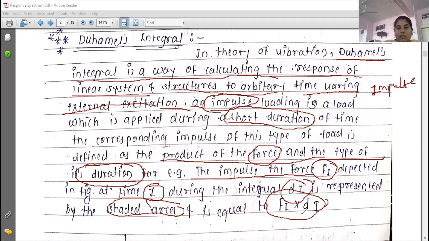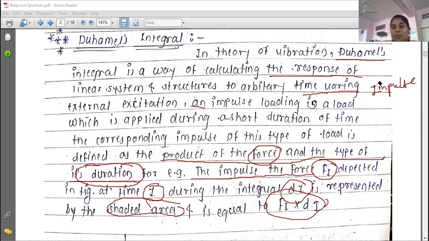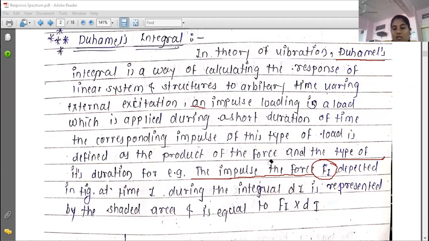Okay, so I request all of you, please write this down first and then move towards the diagram and the derivation related to the impulse, related to this Duhamel's integral. Then you can easily understand what Duhamel's integral is and how it is useful to calculate the response under rectangular loading and triangular loading. So write down Duhamel's integral. Below this, write down: in theory of vibration,